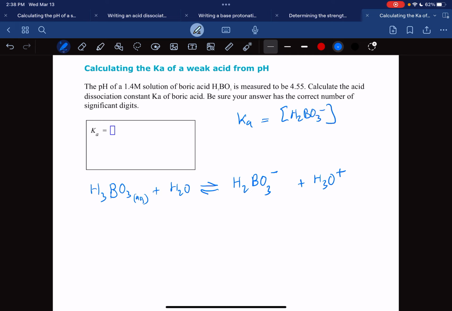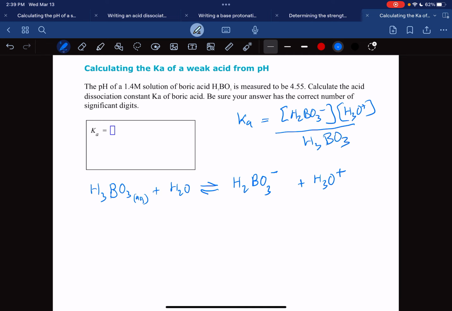And if you're wondering why was it a minus, we ripped off a hydrogen from this, right? This is neutral as is, right? So if I rip off a hydrogen from something that's neutral, it's going to become negatively charged, which is why we put a negative right here. Then on the bottom, we're going to have, oh, I didn't finish the top. We still have H3O plus up here, and we're going to write H3O plus like this. And then on the bottom, we're going to write